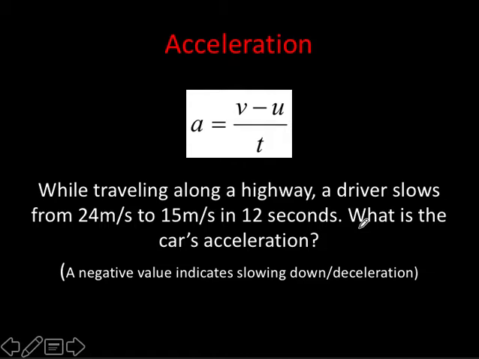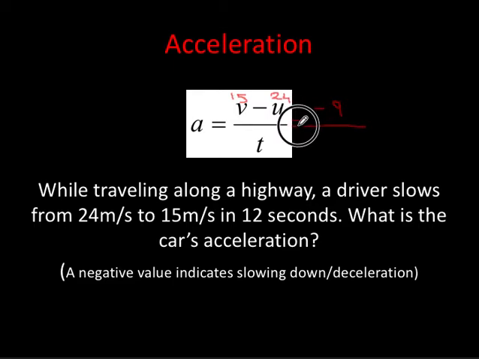Okay, assuming you've paused the video, let's punch these numbers into our equation here. While traveling along a highway, a driver slows from 24 meters per second to 15 meters per second in 12 seconds. So his final speed is 15 meters per second, so I can put 15 here. And the initial speed u was 24. If I do that in my calculator, 15 take away 24 equals -9